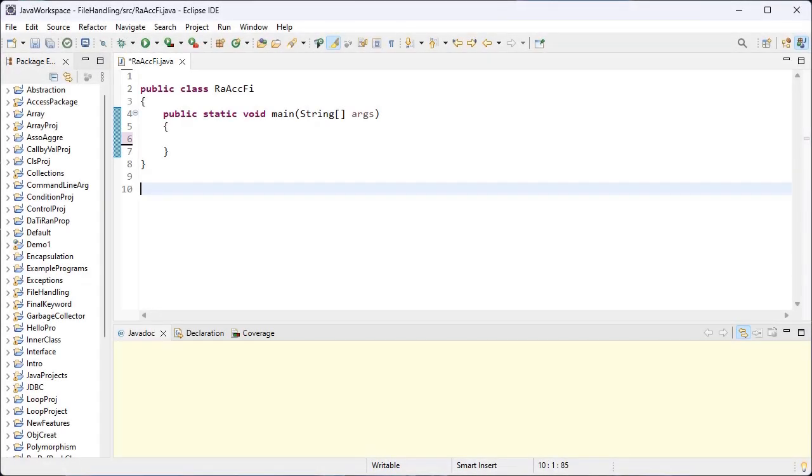Now let's discuss RandomAccessFile. What is the usage of RandomAccessFile? It is a powerful class that provides a convenient way to read from a file and write to a file with random access. I repeat it again: RandomAccessFile is a powerful class that provides a convenient way to read from a file and write to a file